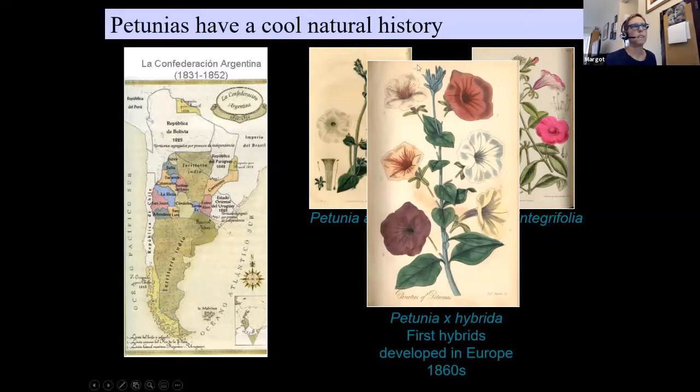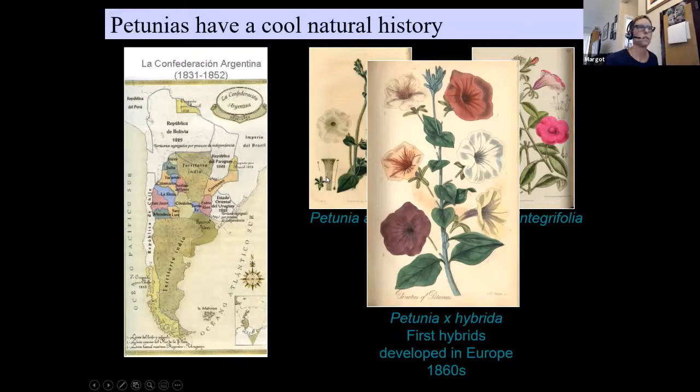So these were all pictures. They're all scans actually of some historical books that were in the Cornell University Library. That's where I went to graduate school, and I had the opportunity to delve into the deep guts of the library and find some of this information, which was really fun. So anyway, the first hybrids were produced in the late 1800s in Europe,